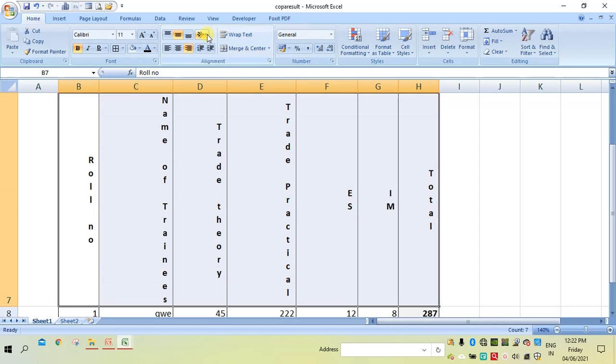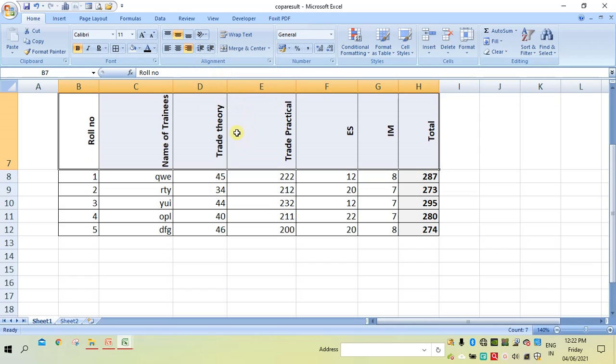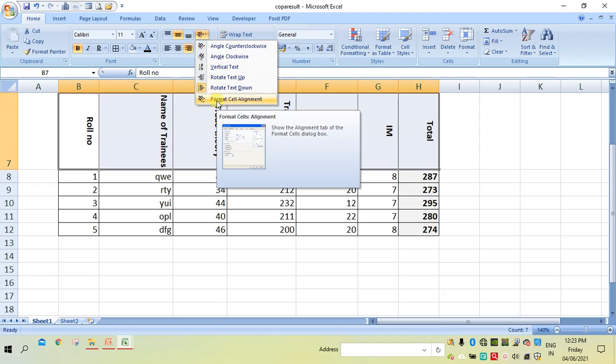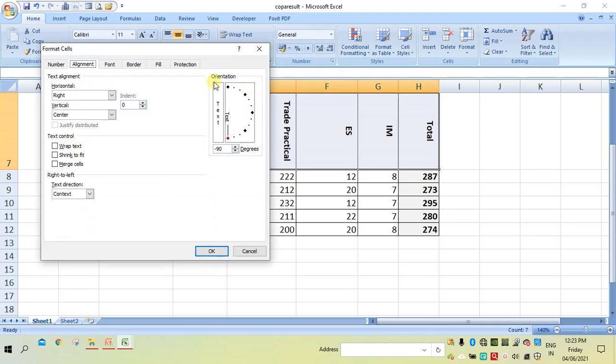Next, fourth option, rotating text, and then rotate text upward, rotate text downward. Then next is format cell alignment. Here in format cell alignment, we have different options; in whatever angle you want, you can set.